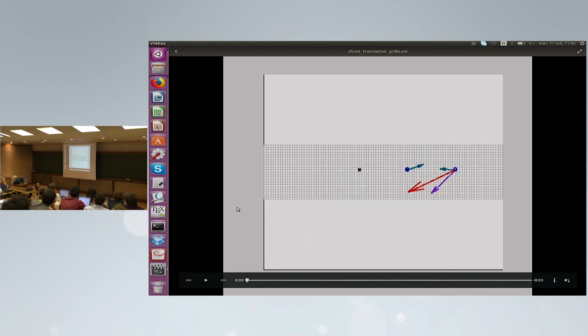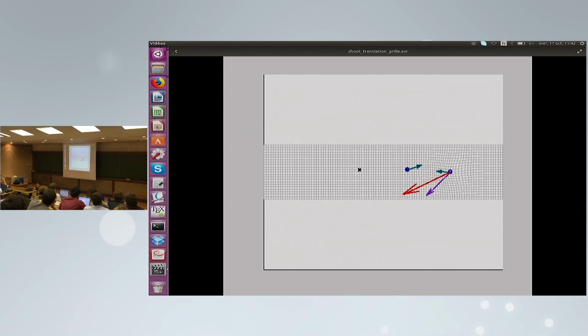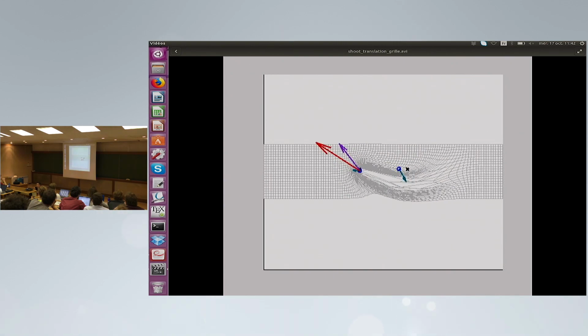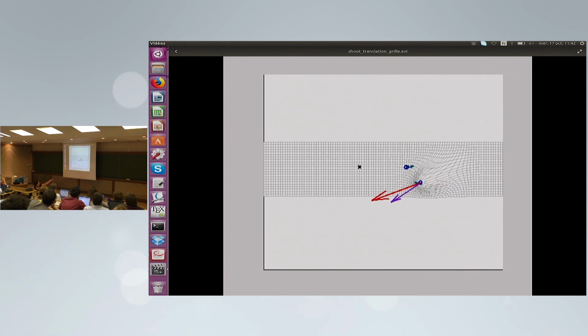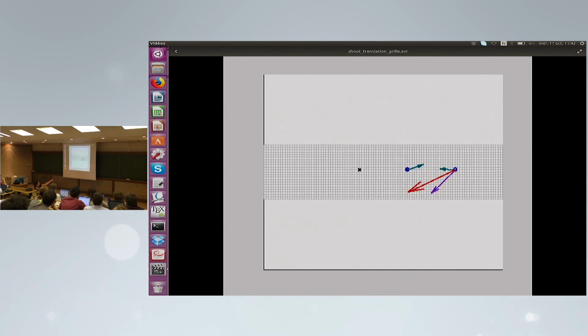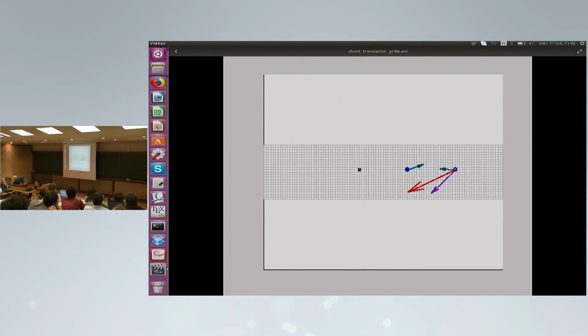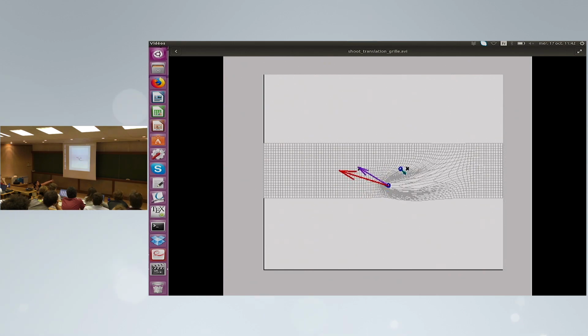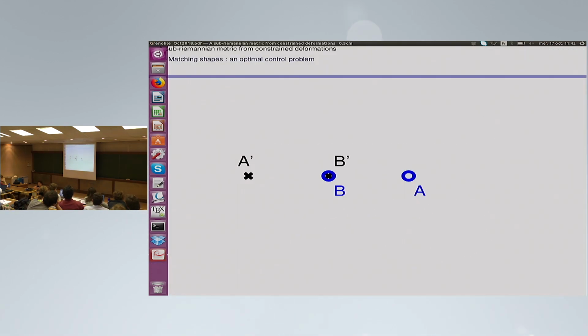In red is the control, so the vector of the translation. And you can see that the direction of this control is moving so that it goes around the point that is not supposed to move and tries as much as it can to bring the other point to the target. The other arrows are the momenta at each time.